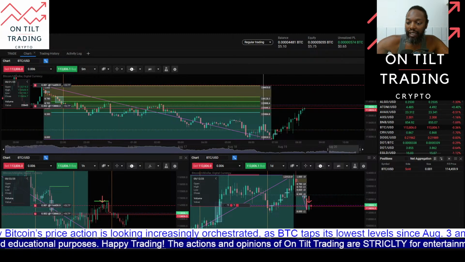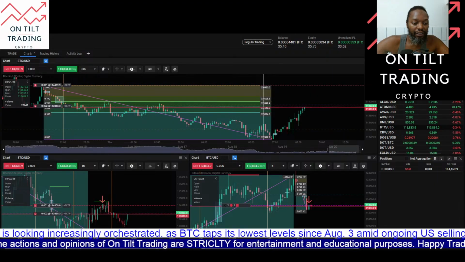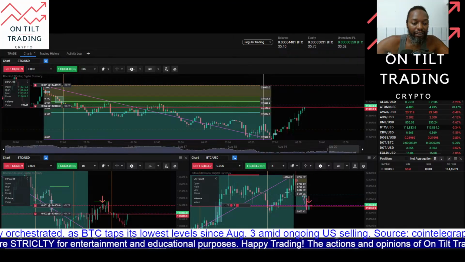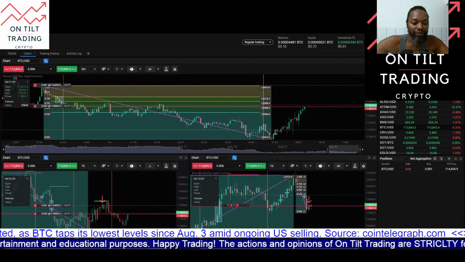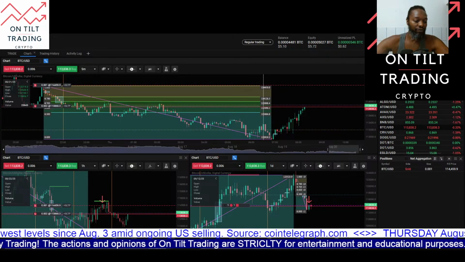And we can see after getting an entry, price consolidated a bit, then got some displacement to the sell side, and now is getting some buy side delivery here for a pullback,